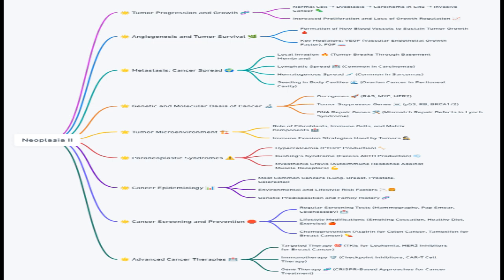Anaplasia basically refers to lack of differentiation, meaning the tumor cells have lost their normal structure and function, making it difficult to determine the tissue origin. So the key histological features observed in the histopathology is that there is marked cellular pleomorphism,